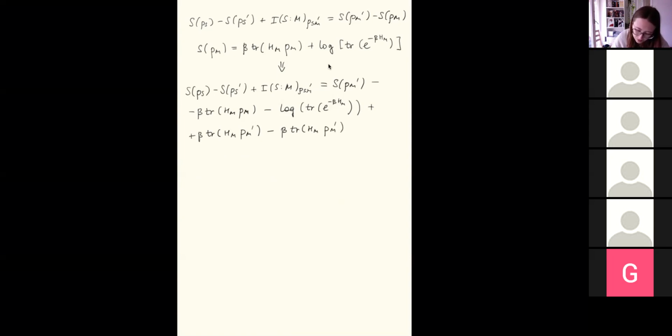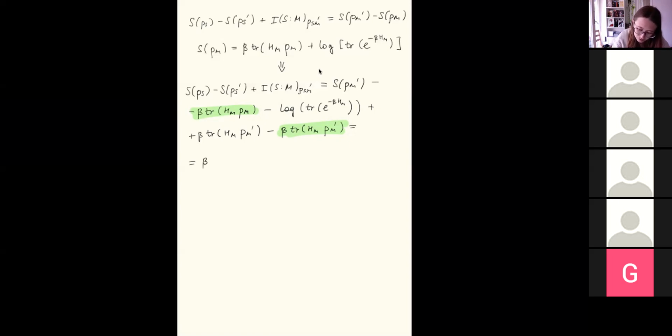And here we can group this term and this term to get the desired term in our equation, which corresponds to the change in the energy of the machine. So we can write that this is beta,